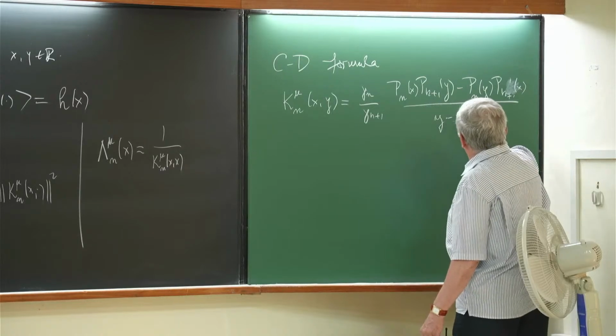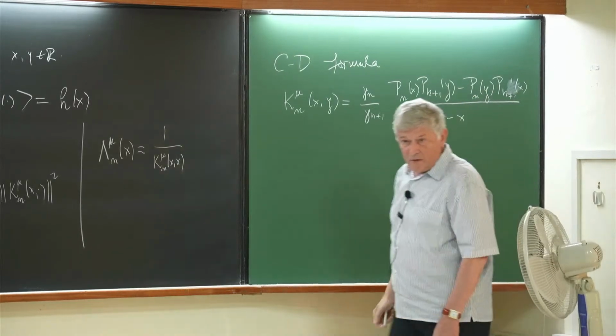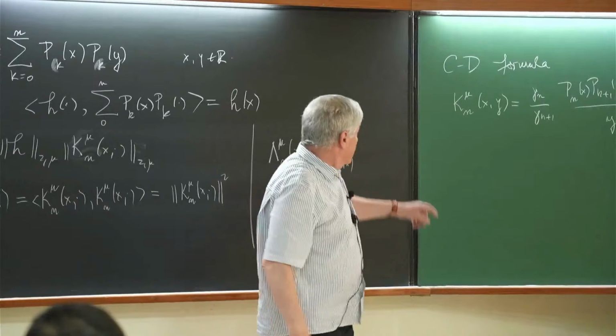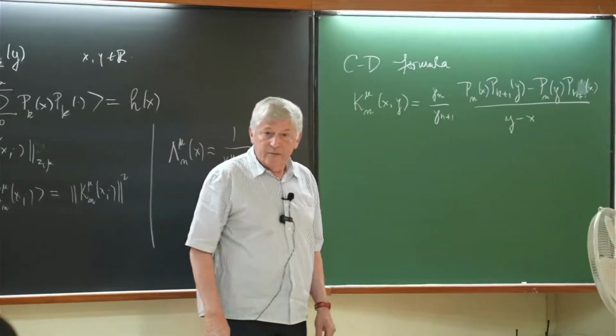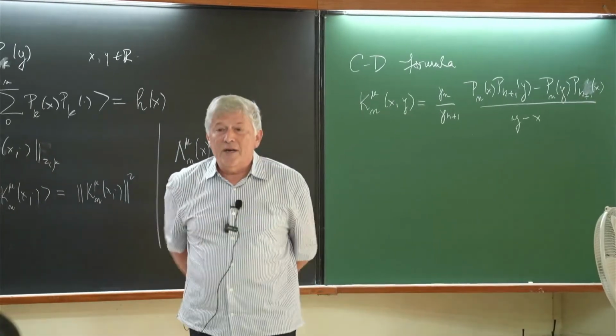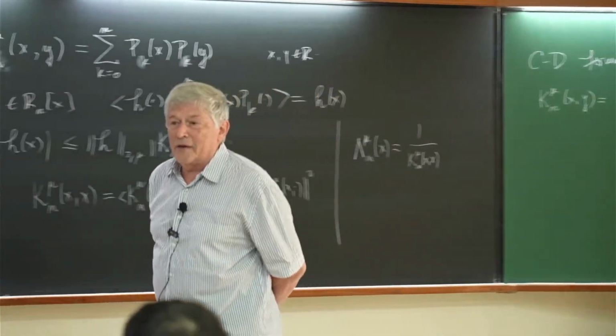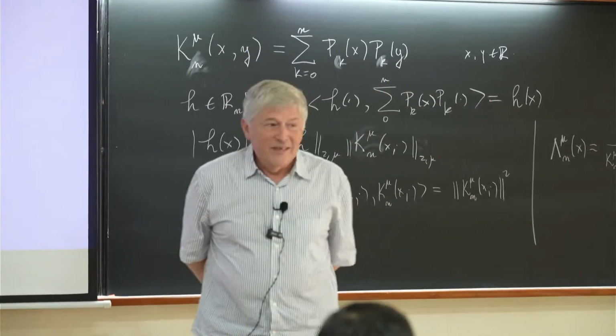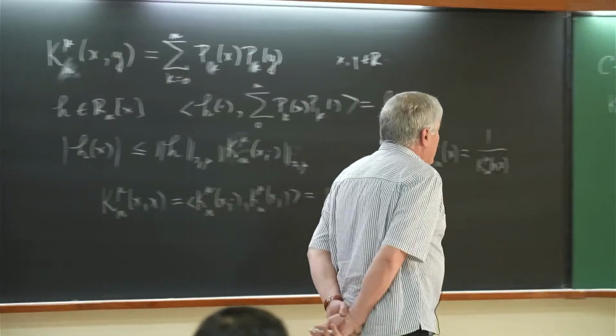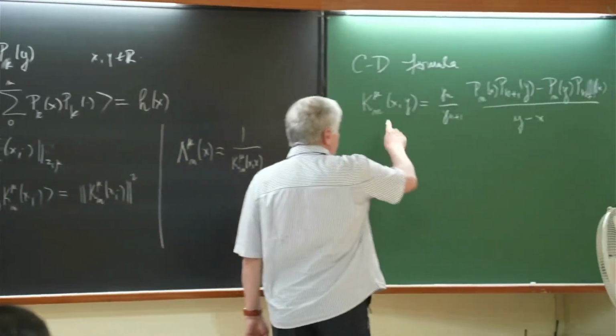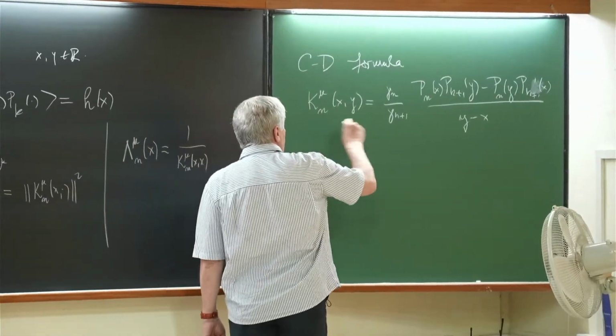So this kind of Bezoutian between the two functions will give us the reproducing kernel. Just use the orthogonality and be my guests and prove it. So, first exercise. And in particular, if we pass to the limit with y